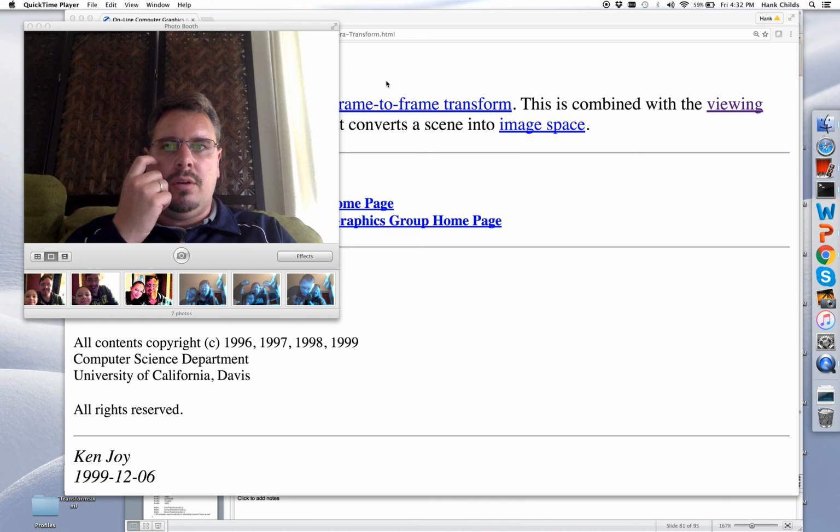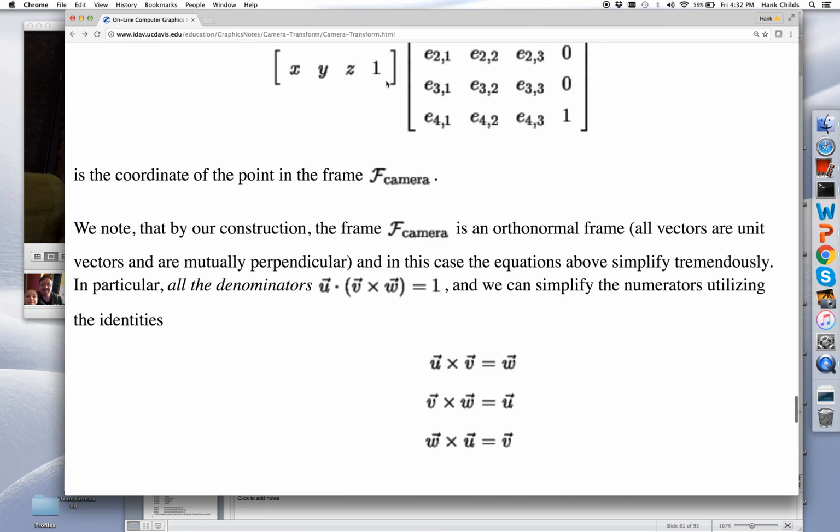I debated whether to do review. I typically lead each lecture with review, and I thought I might review the derivation of the camera transform, but I went fast for a reason. I wanted you to get a feel for it. I don't really want to bog down in the math, and so instead I decided to just promote Ken Joy's